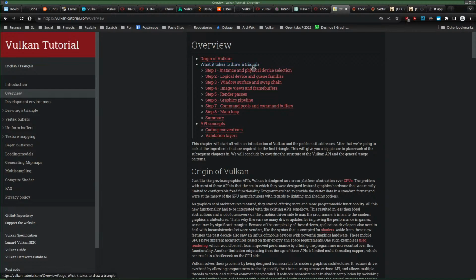So you have a kind of an overview here, what it takes to draw a triangle. So I could go over this and then point at the part that is doing that. So this whole Vulkan tutorial is about drawing a triangle.